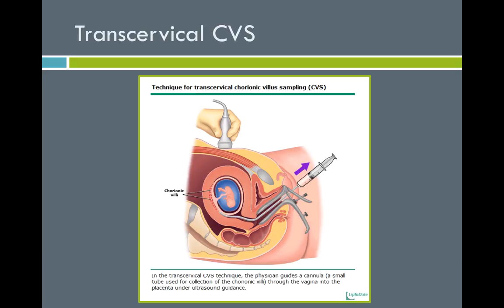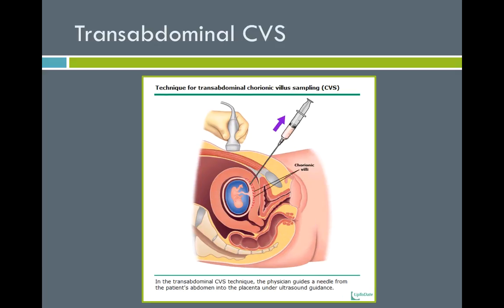So when we look at chorionic villus sampling, you can see this transcervical technique. The physician guides a cannula into the chorionic villi through the vagina and into the placenta under ultrasound guidance, and we take samples of the chorionic villi. We can also do this transabdominally,